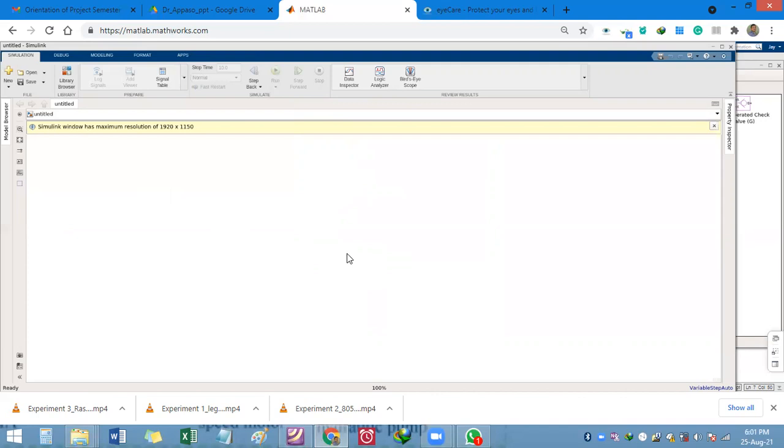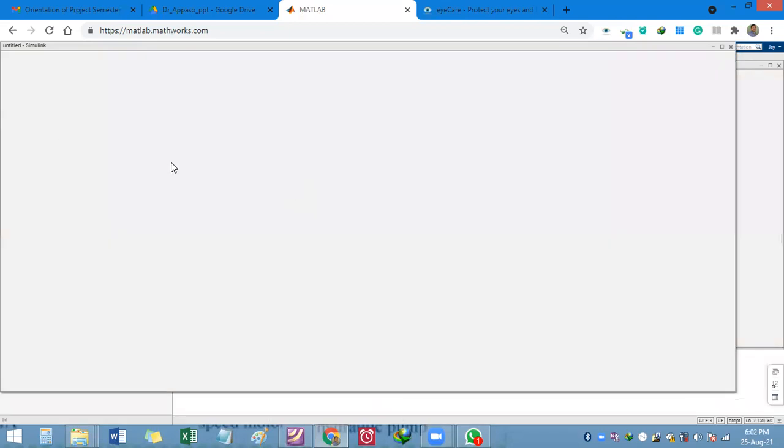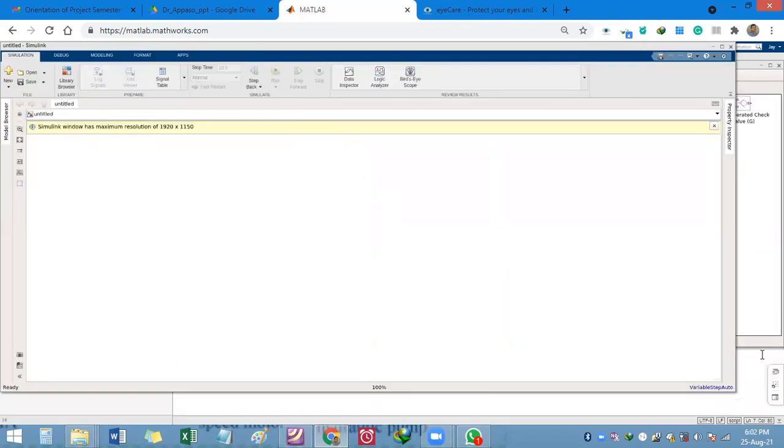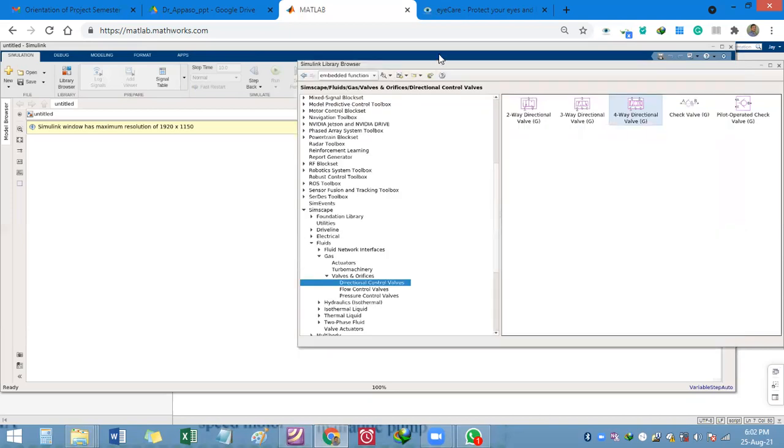It will take a few seconds. Still it is not appearing. So if it is not appearing, we can do one thing. We can go to the library browser window again. How to open the library browser again? Just click on this place, which denotes switching windows. If you click on this, you will find the Simulink browser window again. If dragging this block does not bring it into the Simulink window, then you can directly double click it.